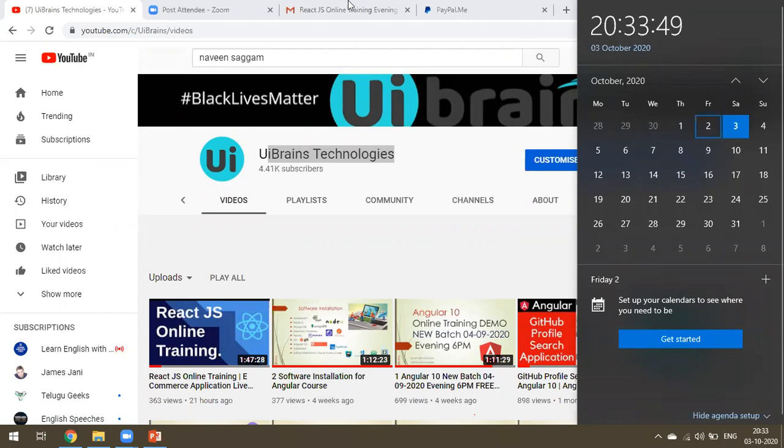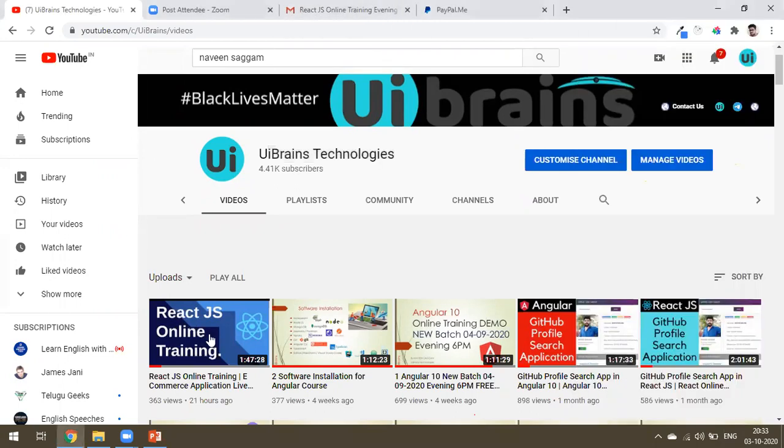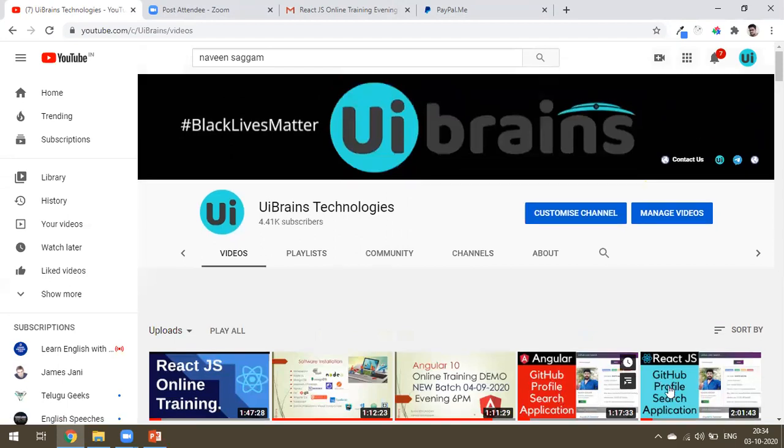And for the people who are joining the Angular batch, every example I have shown in the React.js class will be the same. See here, I have a video, a GitHub profile search in React.js and a GitHub profile search in Angular. I kept this for promotion purposes. Exactly, the front end is the same, the design everything is the same, but in the Angular class we'll do everything with Angular, and in the React.js class we do everything with React.